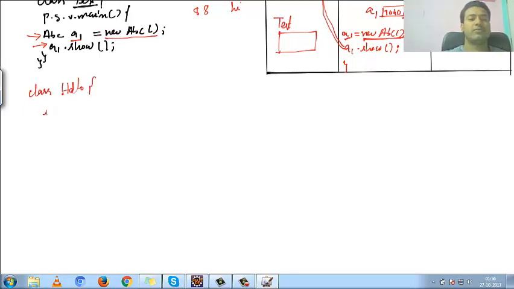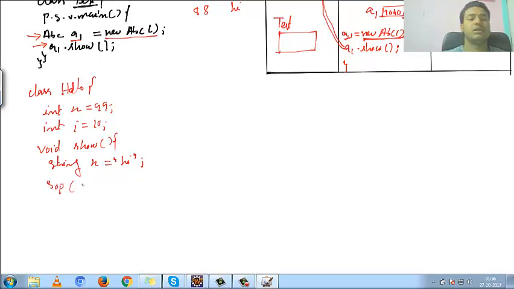Inside the hello class I have one int x is equal to 99 and another one, int i, equal to 10. I have a method void show. Inside the show method I have one more string type x, whose value is "hi". Now if I write here one SOP statement, x plus one tab space